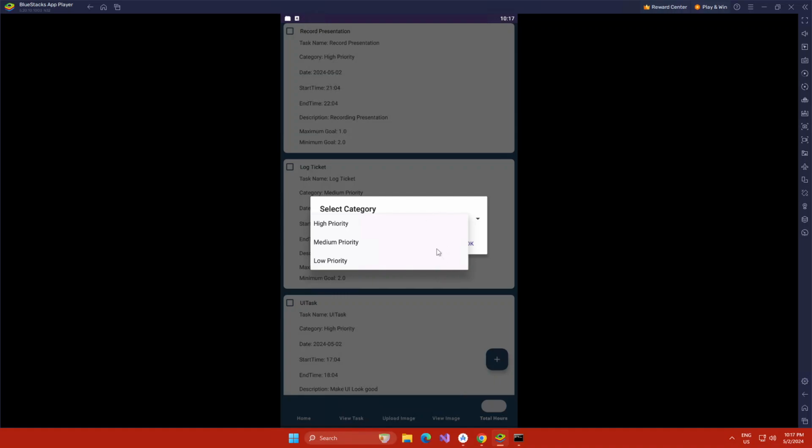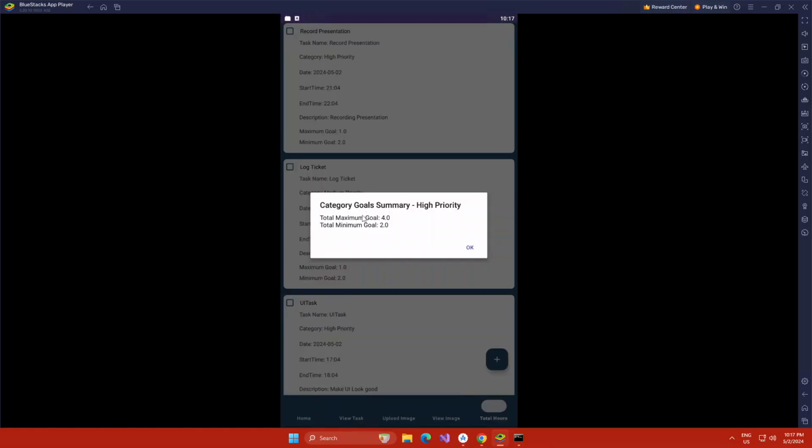You can choose either. Once you choose a category, you're going to see the specific maximum and minimum goals for the category for the specific time period, if that makes sense. So let's go high priority, and we say okay, and you can see the maximum goal was 4 hours,